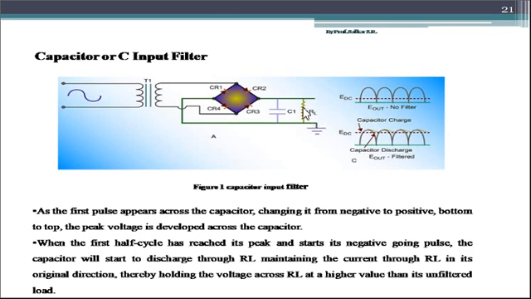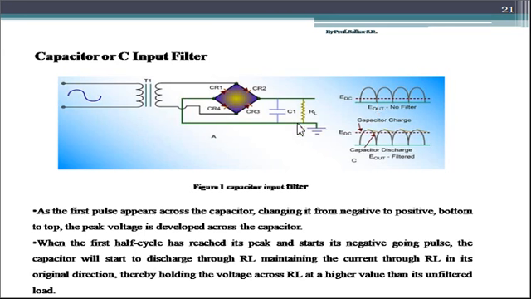So two things occur over here: the charging of the capacitor occurs, and then the discharging of the capacitor occurs. The capacitor charges from 0 to the maximum value of this waveform, and it discharges from the maximum value to 0 again. So if we divide this waveform into two parts, 0 to maximum and maximum to 0, we find that the capacitor charges in the half portion of this waveform and discharges in the next half portion.